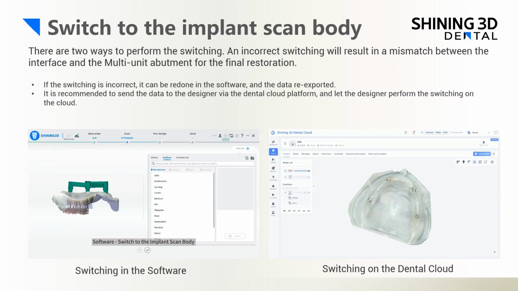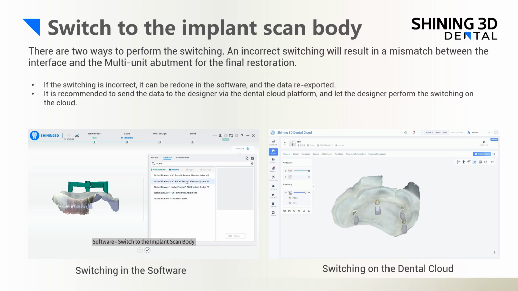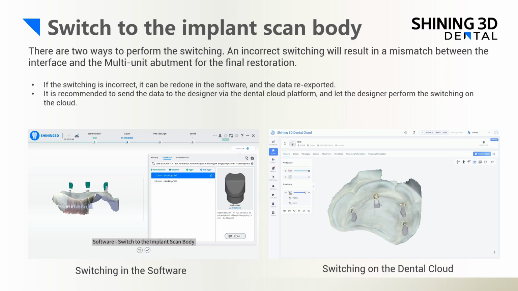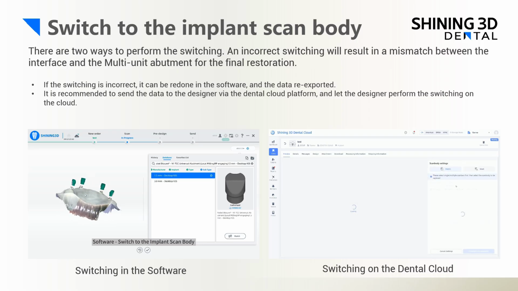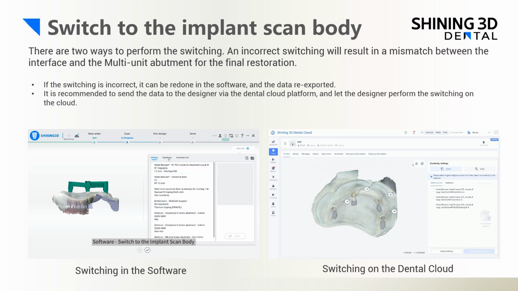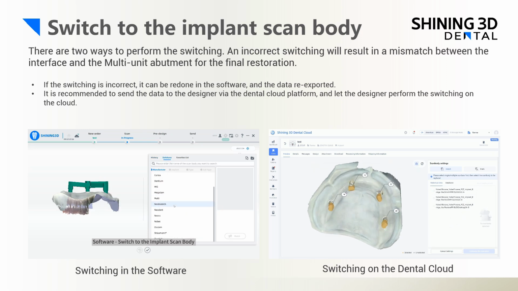Let's continue with the switching part. There are two different ways to perform the switching or the transferring. And incorrect switching will result in the mismatch between the products and the multi-unit abutment for the final restoration. If the switching is incorrect, it can be redone in the software and you can re-export the data for the